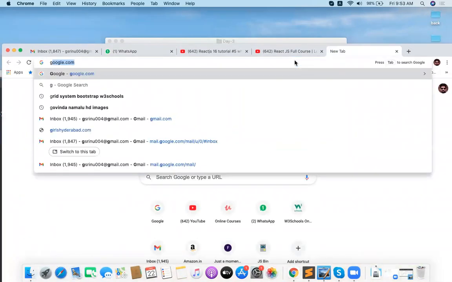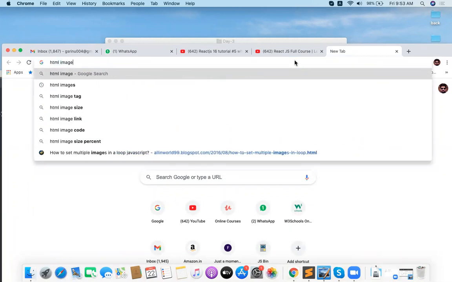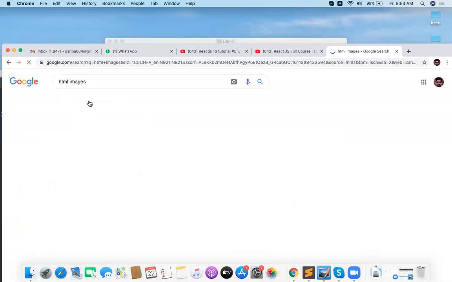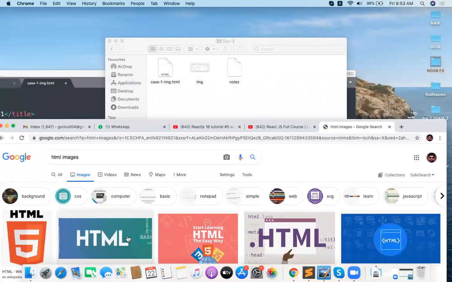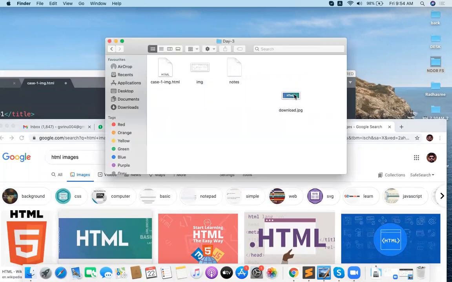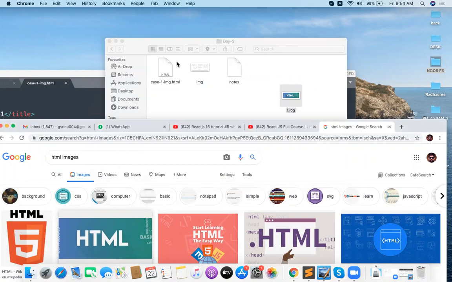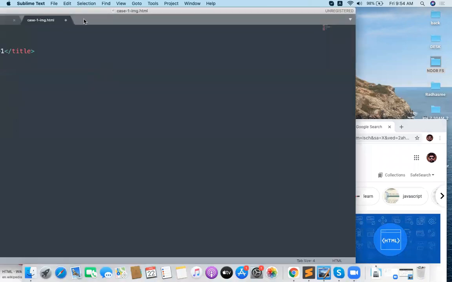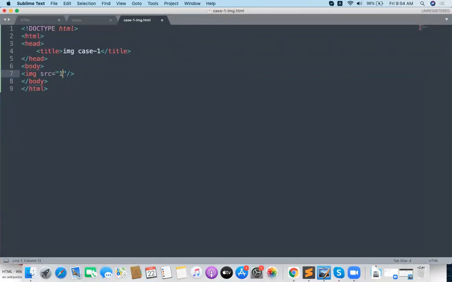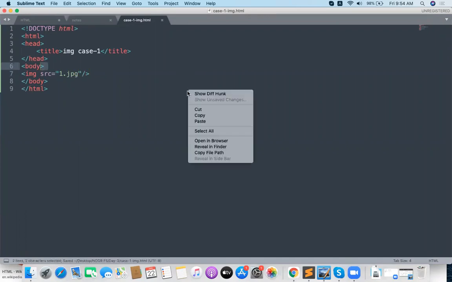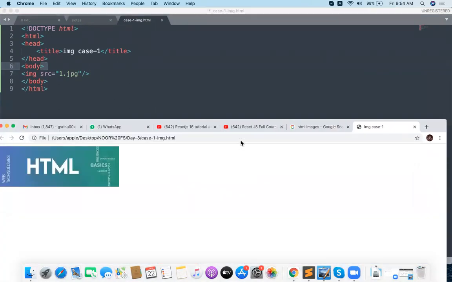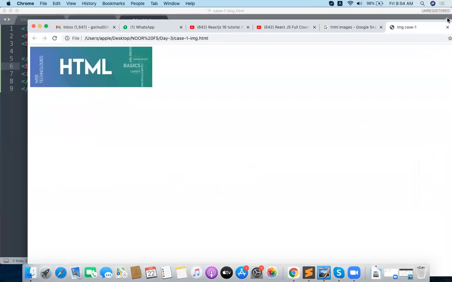Okay, so let me get some image, HTML images. Okay, so some image I downloaded now. Let me change the name for this to 1.jpg. Can I load that image into this? Yes, 1.jpg, fine. So directly the image can be loaded in the top of the browser. This is actually loading from the local file, a local folder. Yes, you are loading from the local folder.